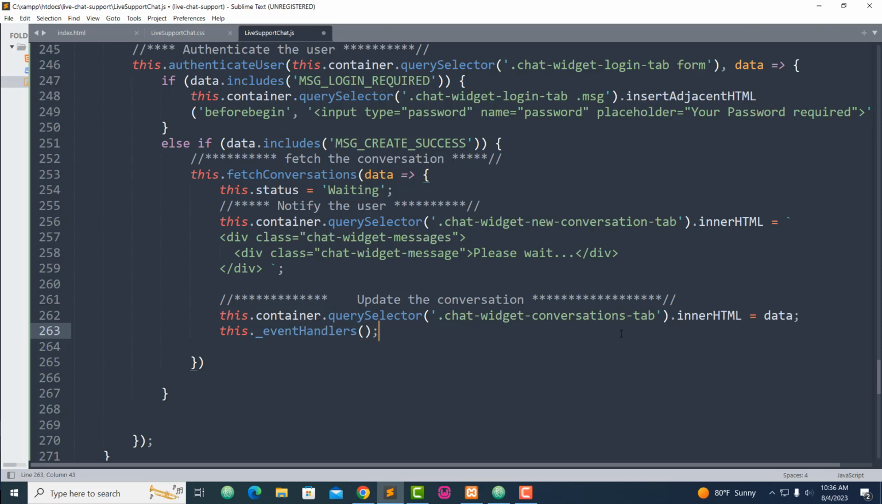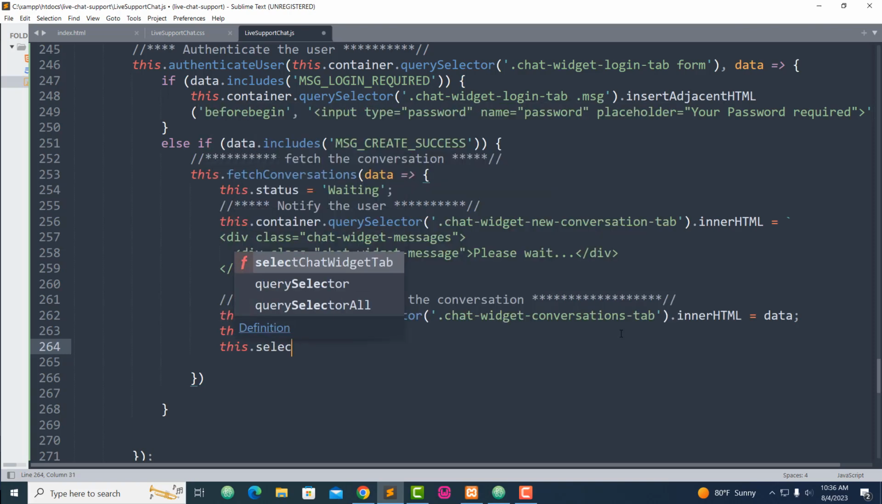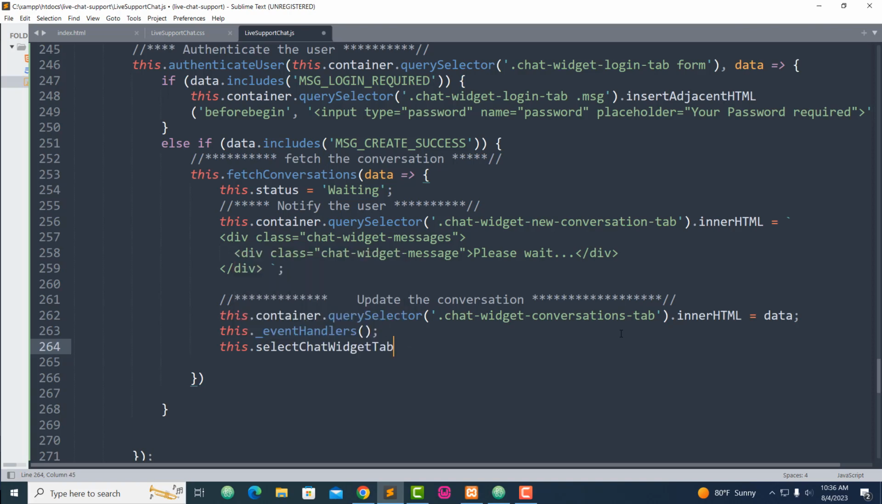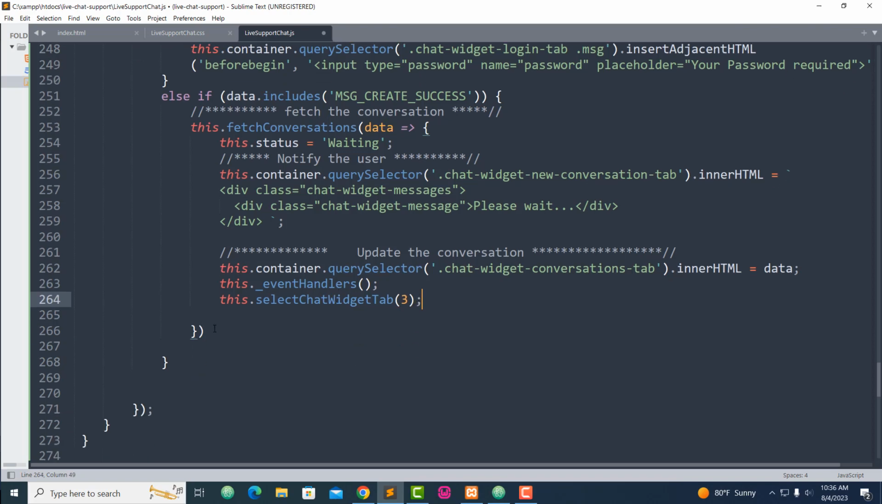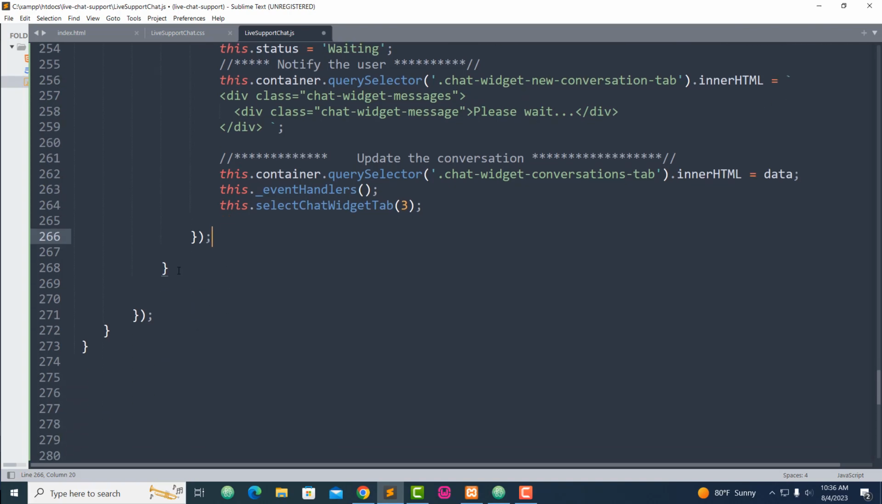Now we have to transition the conversation. Remember we did that. Oops, let me add this. Remember to add a semicolon here. Add a semicolon here, and then this closing bracket here, this is where I'm going to create a